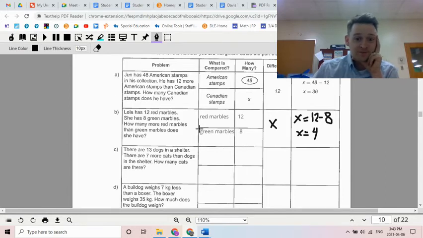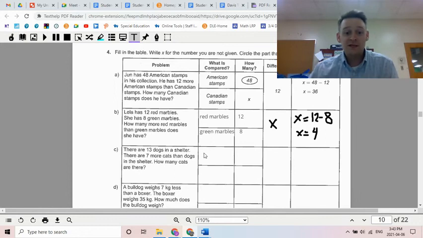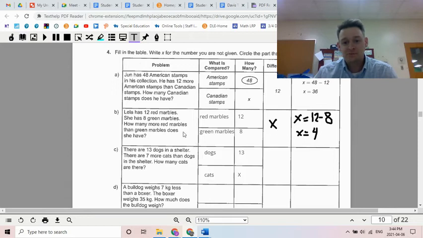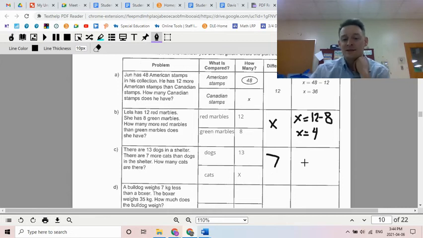Let's do one more. There are 13 dogs in a shelter. There are 7 more cats than dogs in the shelter. How many cats are there? Well, we are comparing cats and dogs. We know we have 13 dogs. And we know the difference. There's 7 more cats than dogs, but we don't know how many cats there are. So what was the difference? 7. So let's see. We're going to say our X